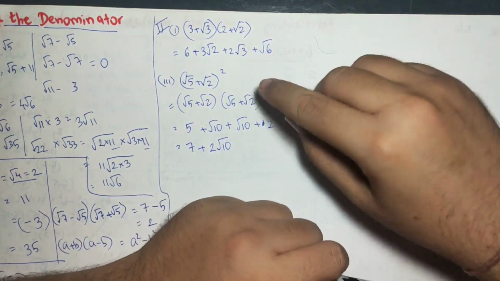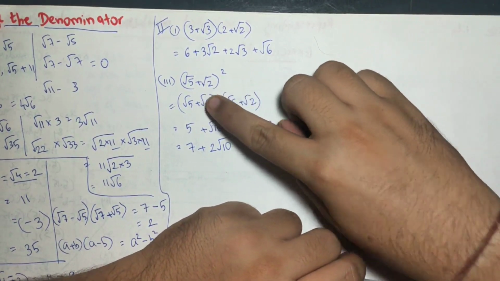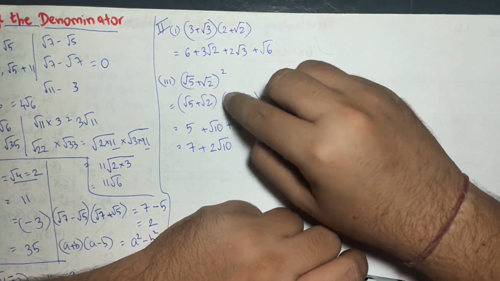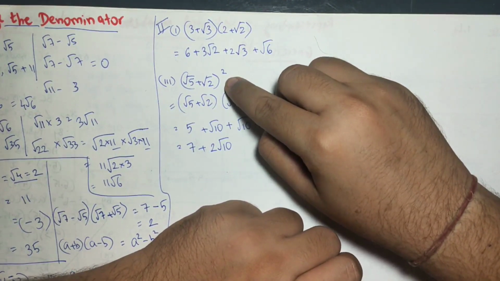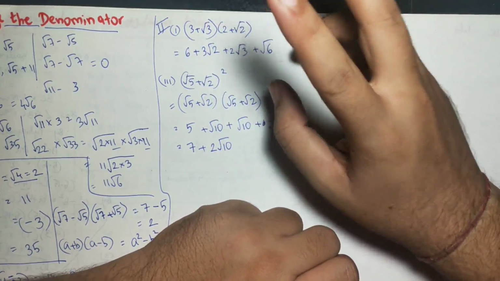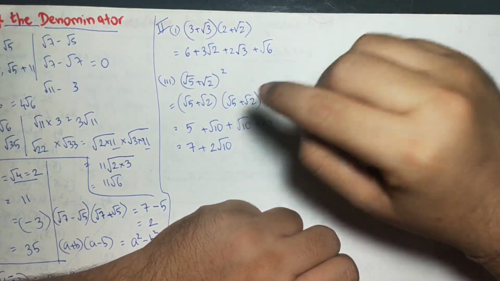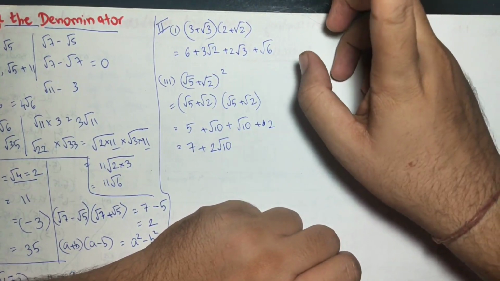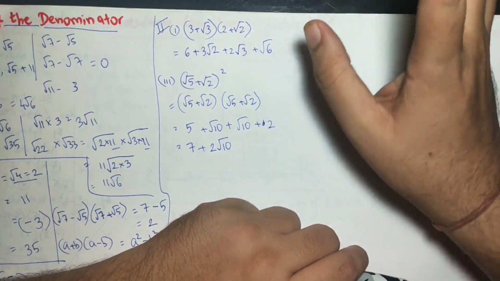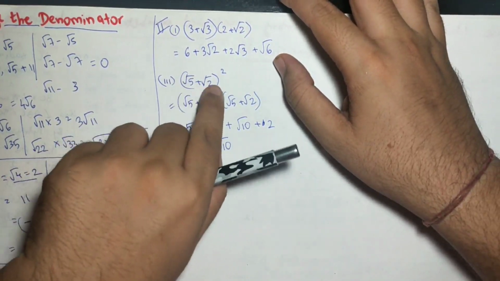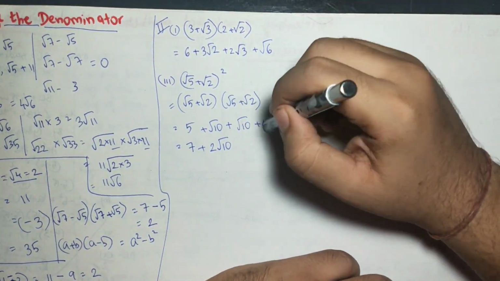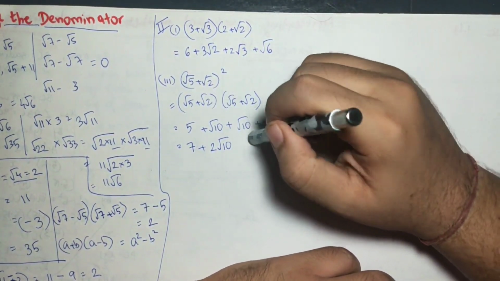The one more thing I want to explain over here is, as you can see, it is root 5 plus root 2 whole square. That doesn't mean that 5 plus 2 is 7. It is whole square. So you have to apply the identity a plus b the whole square, in which 2ab also comes in the middle and that will remain irrational. So don't just mug up that a plus b whole square means a square plus b square. If you write just root 5 square and root 2 square, your answer will be wrong. So please pay attention while I am explaining this.